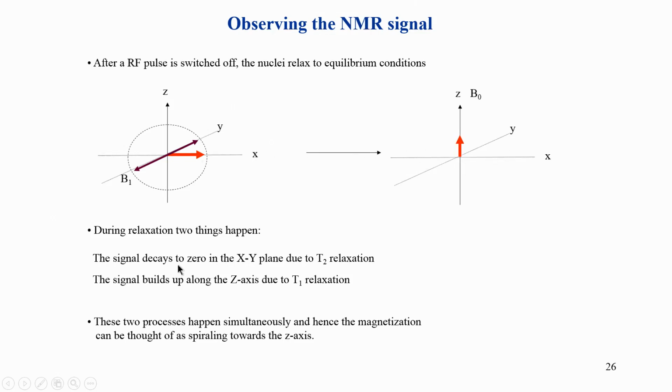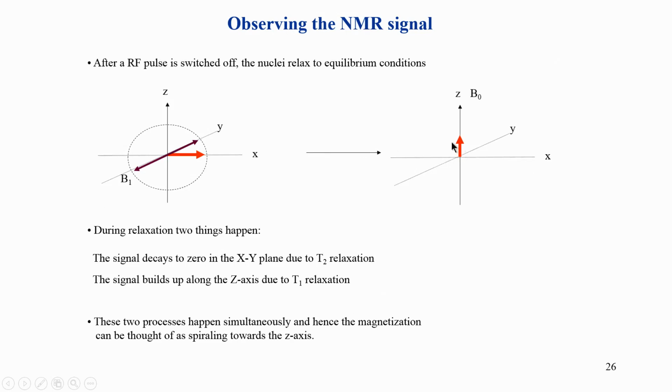It goes via 2 pathways, and those 2 pathways are called relaxation pathways. One is called T2 relaxation, which I will explain shortly, and the other one is T1. So, what is T2 and T1? Now what happens when you apply a pulse, the signals are all in phase, because you can see the magnetization has all come to the xy plane